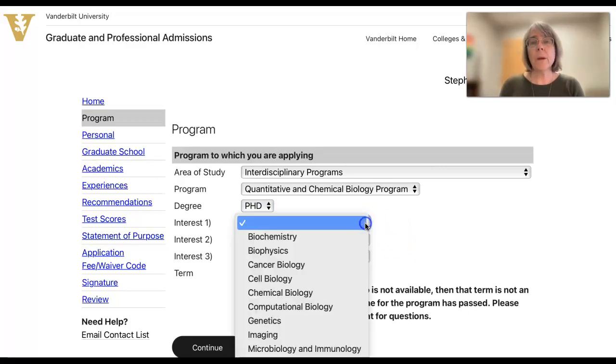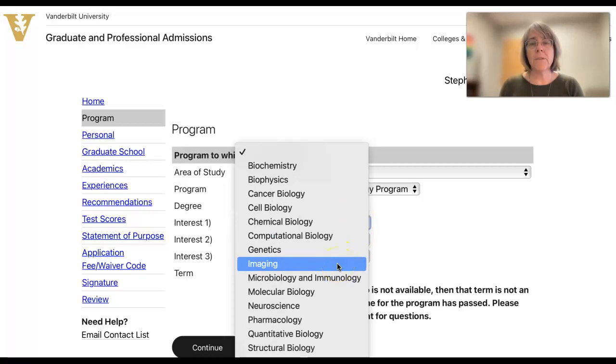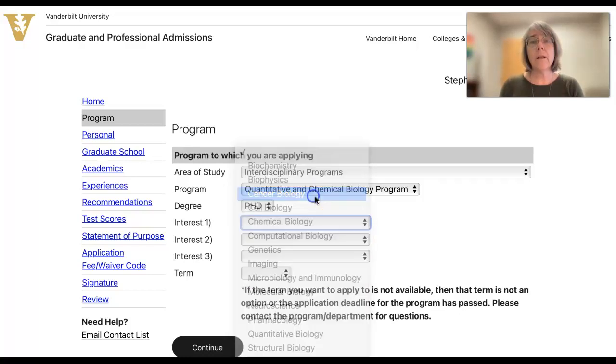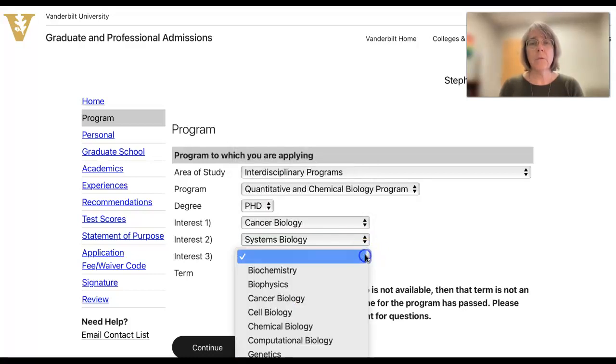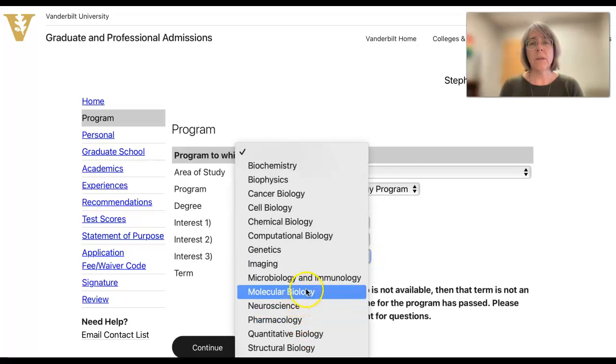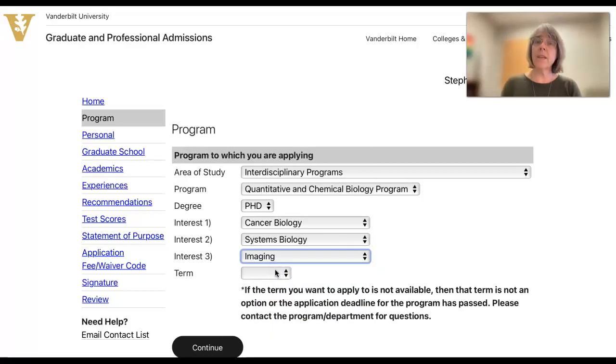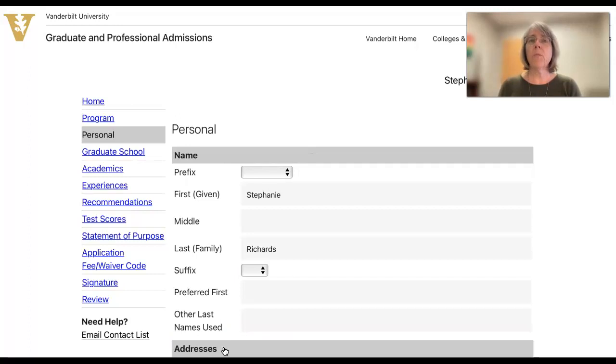So if you look, there's a drop-down menu and there are lots of options. So you can choose, let's say, cancer biology, and I'm going to choose systems biology. And I'm going to choose something in the middle, let's say imaging, which is something in the QCB program options, but is not really in the IGP program options because it's a different emphasis. And the term will be for 2023 fall. We only have fall admits. So you then click continue, and that will bring you to the personal information page, which is the standard stuff,